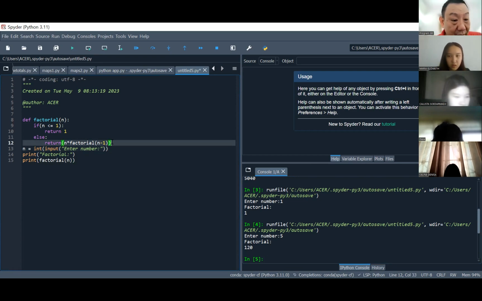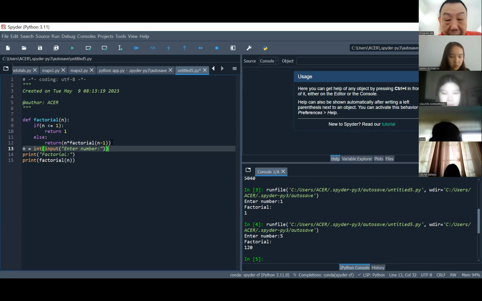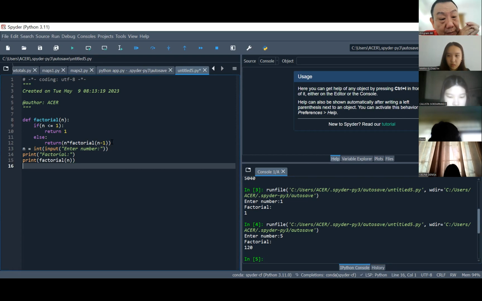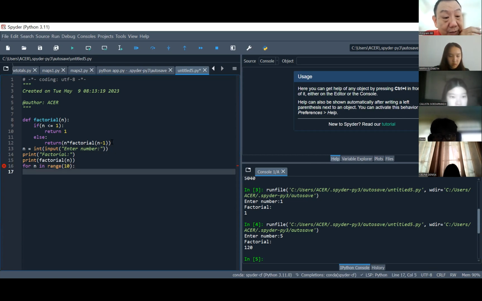At the bottom, say you go to line number 16, and then for n in range 10. No, range. So you need to put 10, for example, and then colon, right? And then factorial n. Print